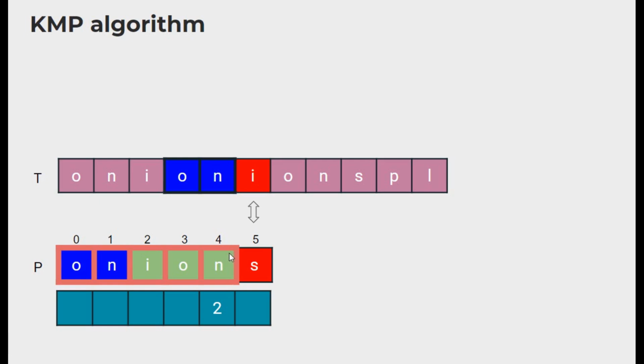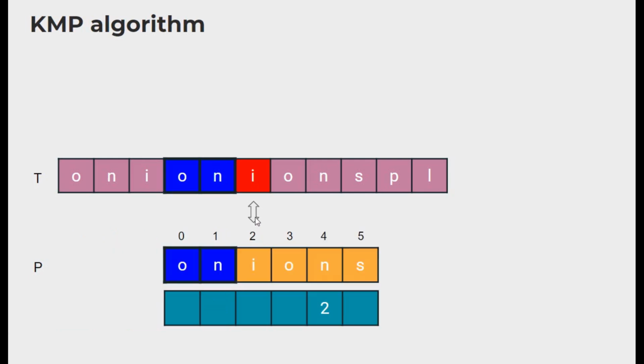If we pre-calculate this information for each index of the pattern and store it in an array, that is, until that particular index, what is the length of the longest prefix that is also a suffix? If we have that information readily, we can easily look up this table and determine what is the next position that we have to compare whenever a mismatch occurs.